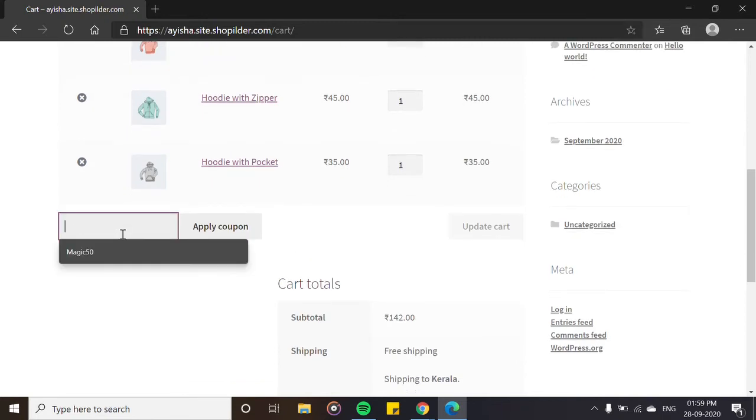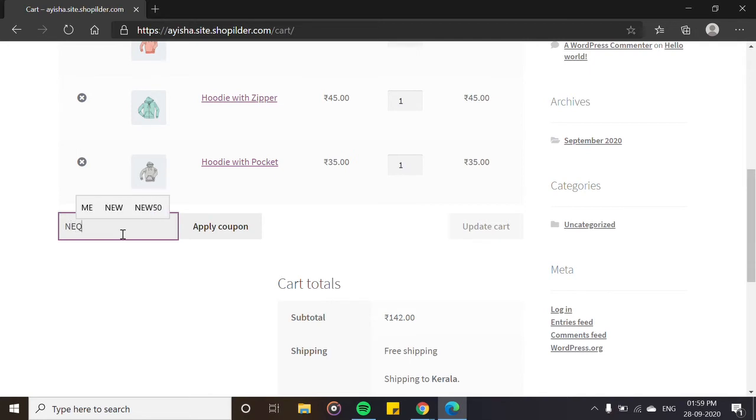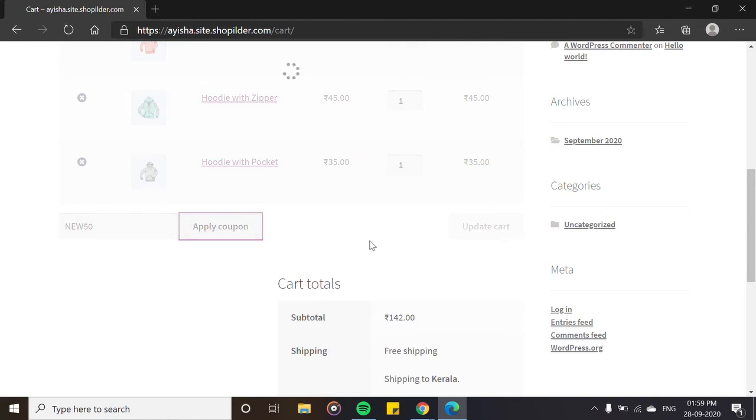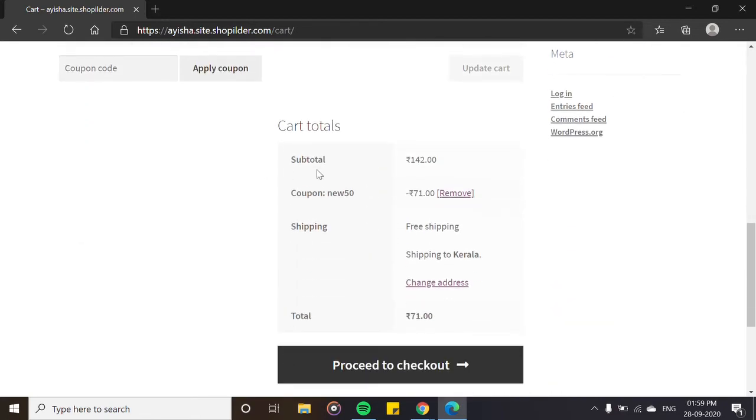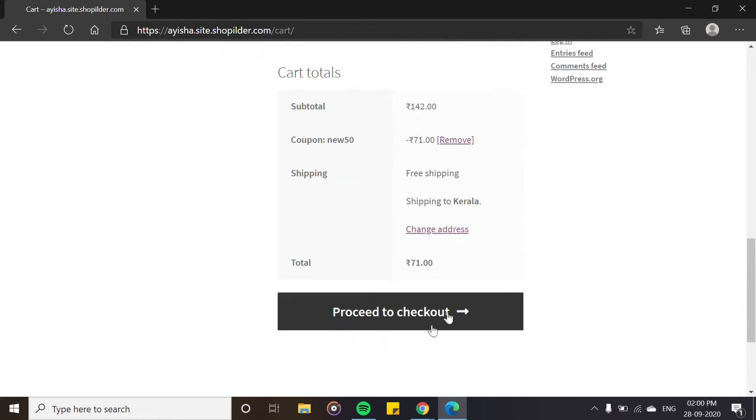Let's add NEW50. You can see that 50 percent has been reduced, and 71 rupees, which is half, has been taken off.